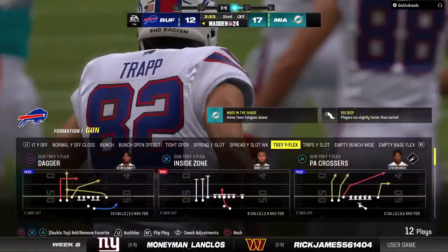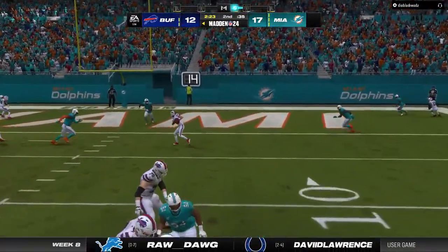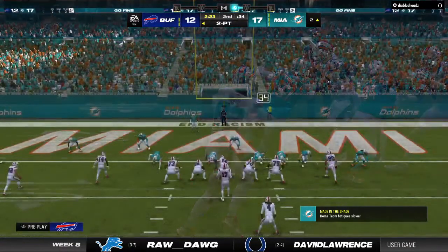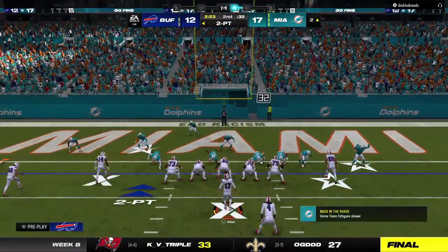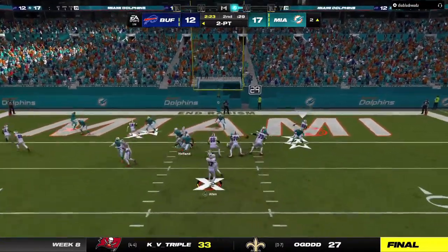Well, on that connection, it looked like they maybe had some pre-play communication. Maybe one of them noticed an area that was open to the defense to get the pass to. When you put the time in, sometimes you have that great silent communication that you just noticed right there because...